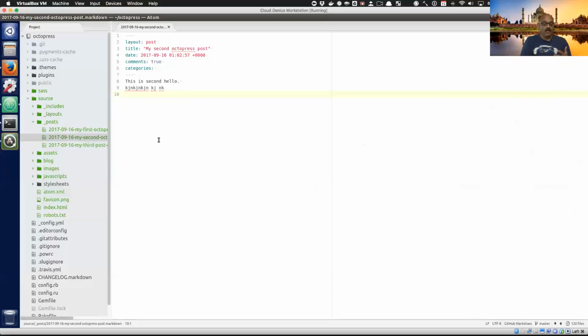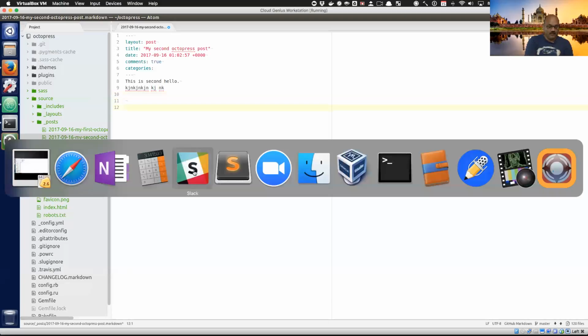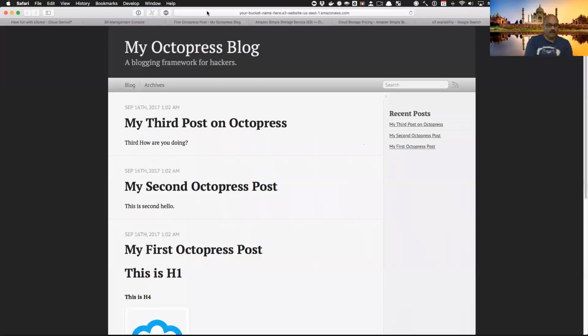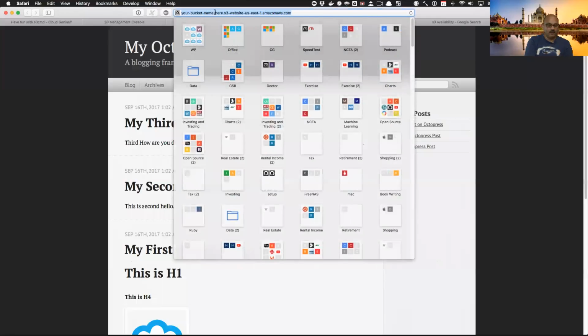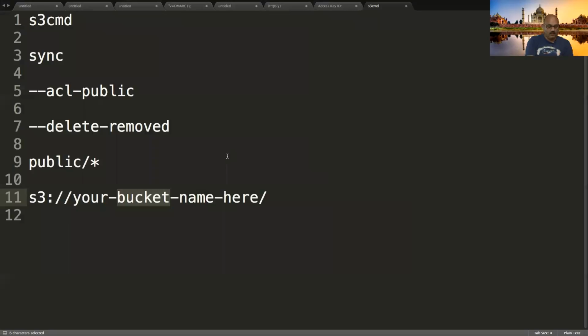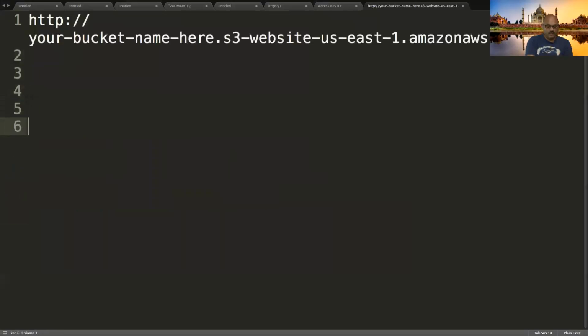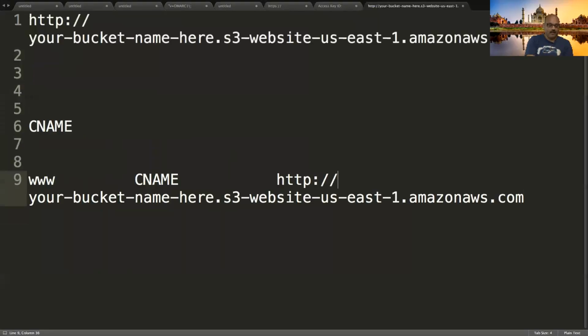And now, for the exercise I would like you to do, I would like you to create your own site in a bucket and map your domain name to that. How do you do that? Put a CNAME, canonical name. So for example, you have this name that I got. You saw that name showing up something like here. This is the name I got from my bucket. So I need to create a CNAME for www CNAME this. That's what I really want to do